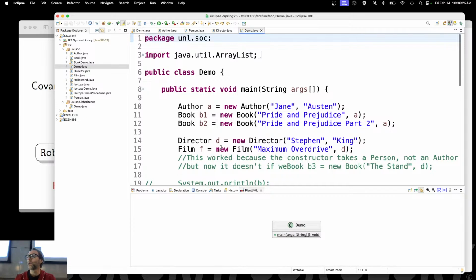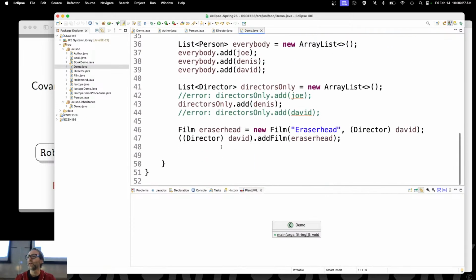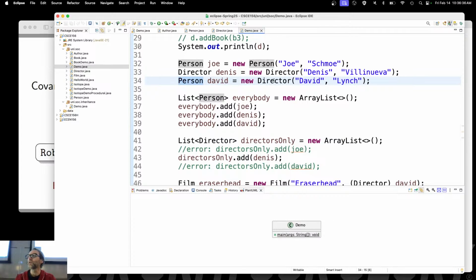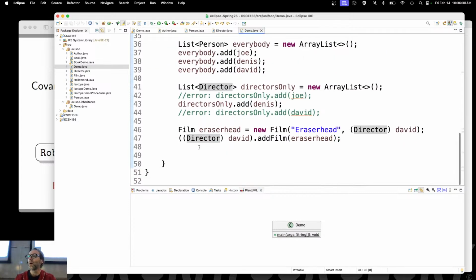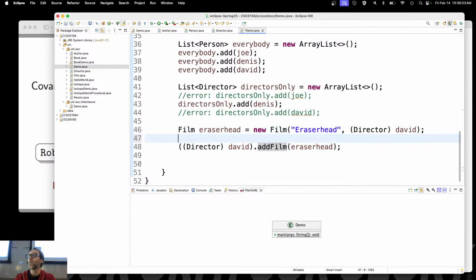And I've got author, director, everything that we were working with on Wednesday here. And remember here that when I had David, he was a director. Let's see, where did I instantiate him up there? There we go. He was a person, but he was also a director. And so I knew that because I did that above. And I forced him to become a director again for the purposes of adding a film. That is kind of dangerous because I didn't know up front whether or not David was actually a director,